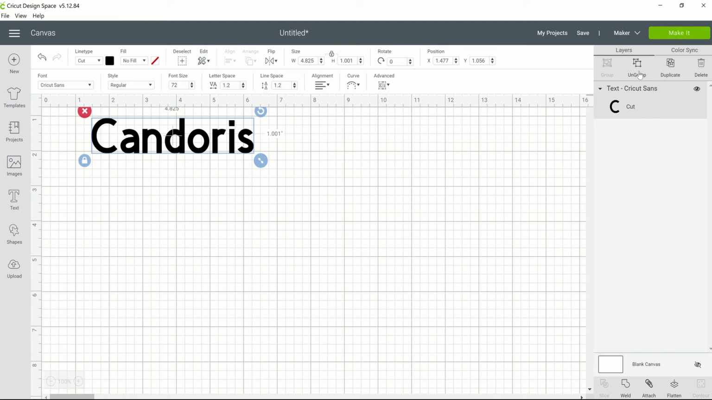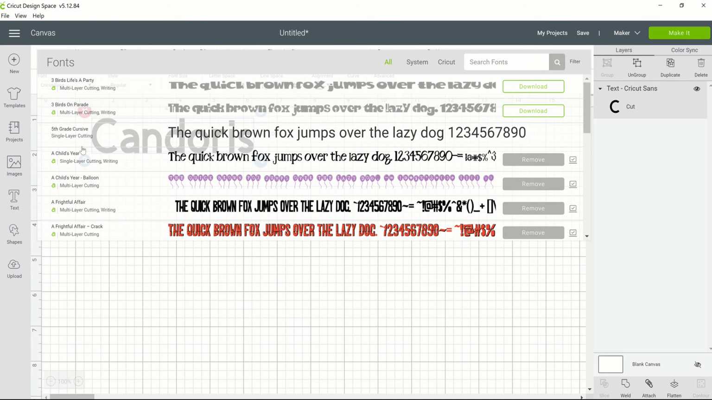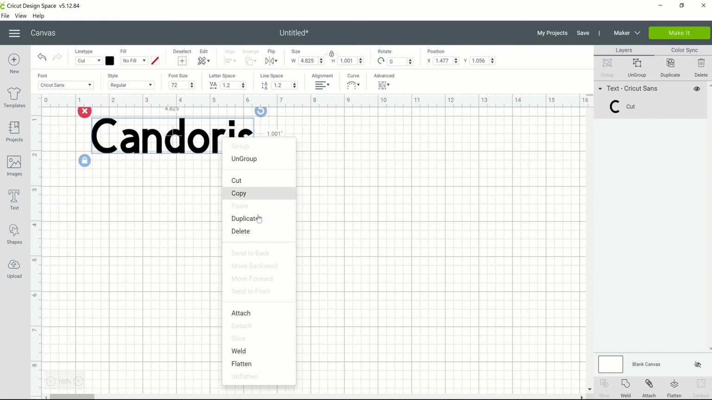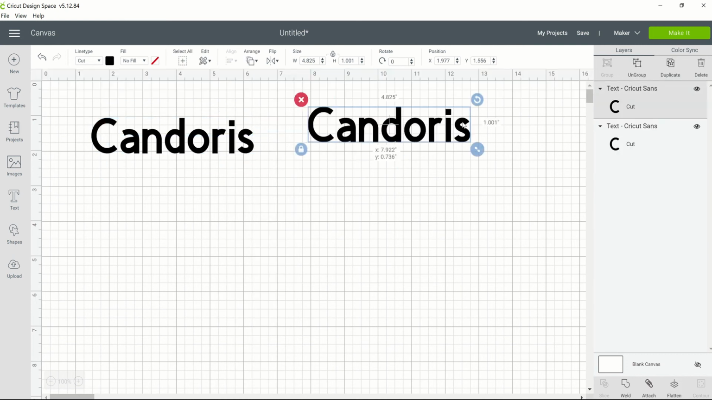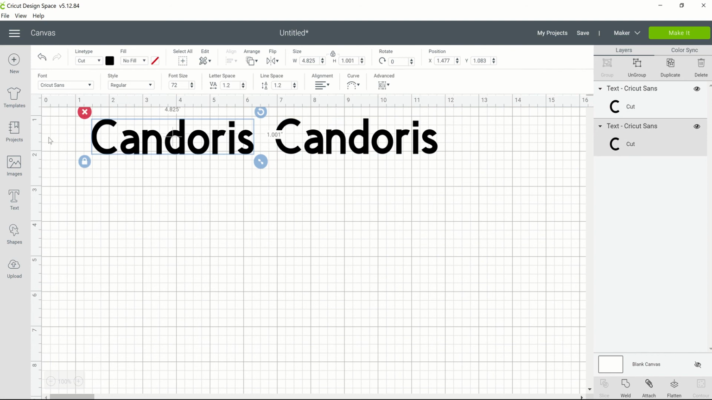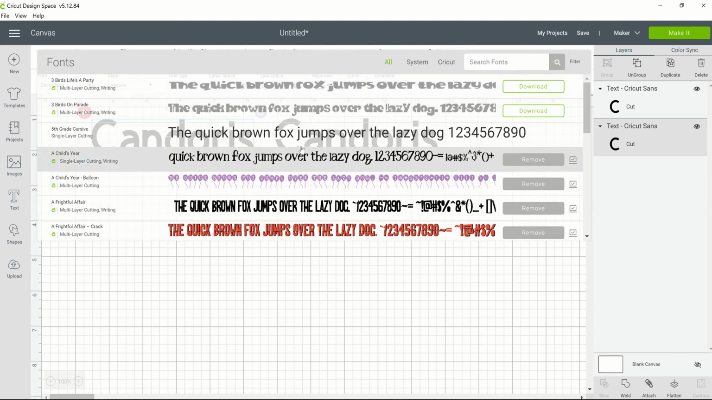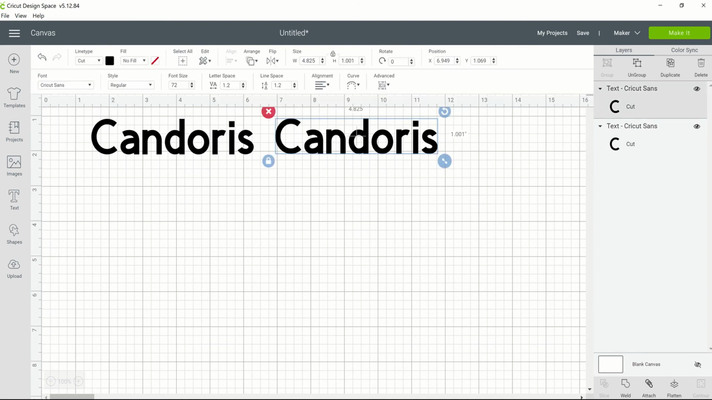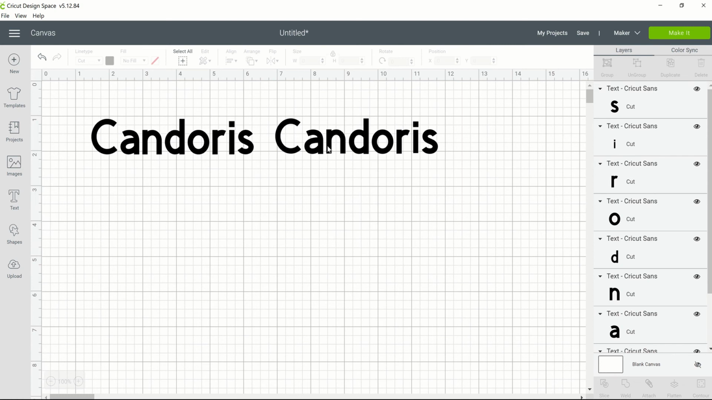Once you ungroup, you have no more control over utilizing the fonts to change what type of font you're working with. So if I were to, I'm going to put Candoris on here. I'm going to duplicate that just so you can see the difference here. So you can see when I click on Candoris, it gives me access to the fonts where I can go in and change the font to whatever I like. Okay. However, if I click on this Candoris and I ungroup it,